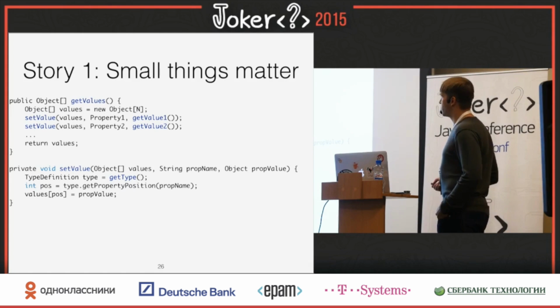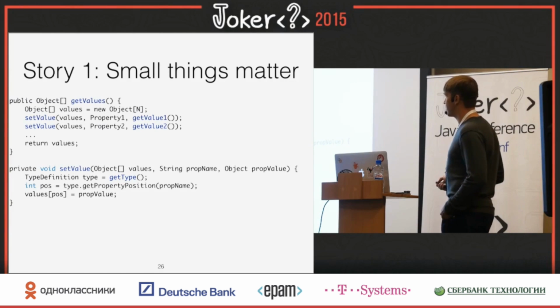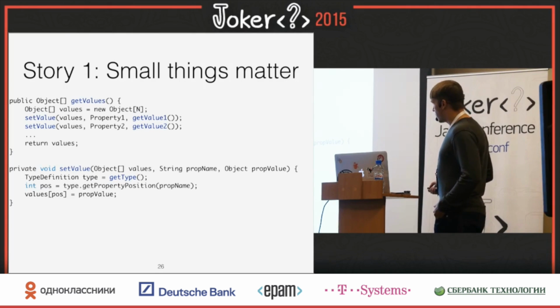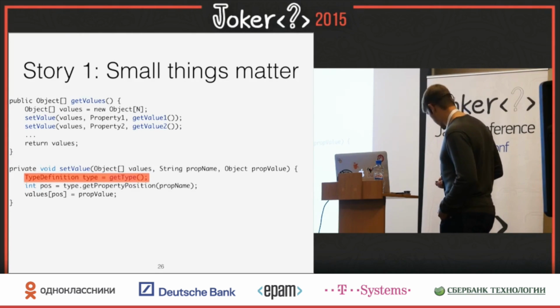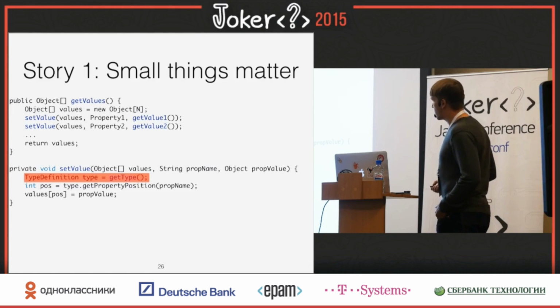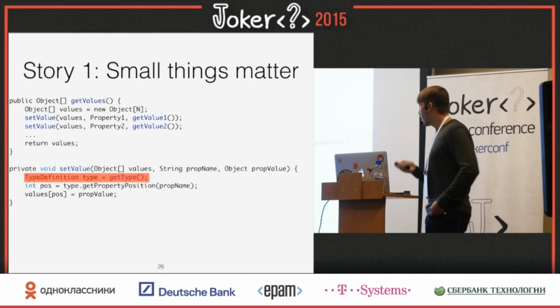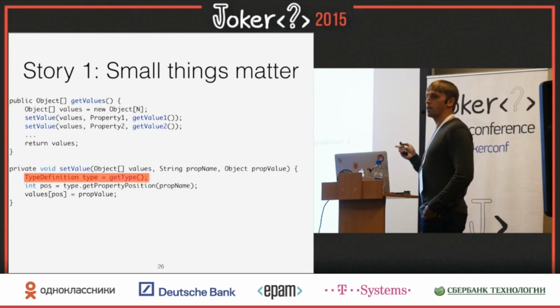What would happen to your domain object when you want to extract the values? Let's say you put them into the database. So you interrogate your object and you say, give me an array of values. So you allocate an array and then you set the value in the array. If you look closer at this line, the first thing that happens, we get a type descriptor, what this domain object is all about. Then we get a property and then we put a thing in. Our profiling showed that this was very, very expensive.